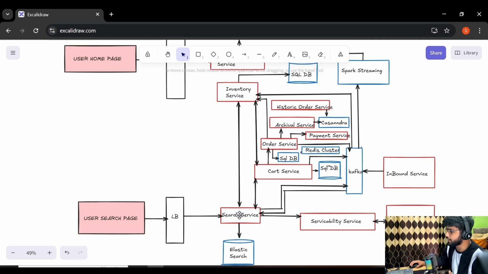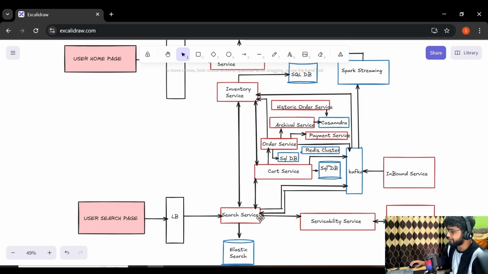So this search service will interact with the inventory service for the current stock update, and it will also interact with the serviceability service to check whether the item is serviceable or not in a particular pin code or user's location.